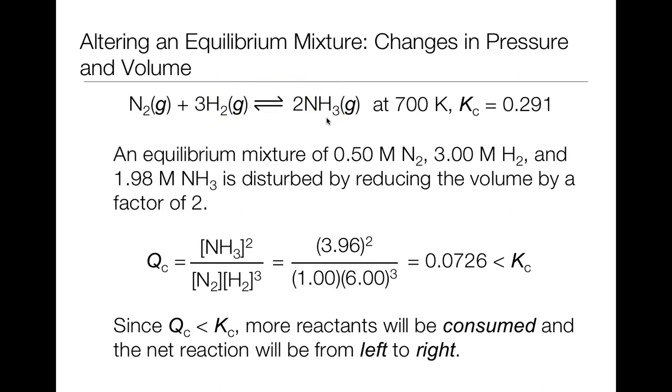Well, if we apply stress on the system by changing the volume by half, so you increase the pressure by 2, one way to alleviate that increase in pressure is just to have fewer things smashing into the side of the container, right? Because our definition of pressure on the microscopic scale is the number of collisions of molecules with the side of the container. Well, if you have 4 things smashing against the side versus 2 things, the pressure is going to be a lot less if you have 2 things smashing against the side versus 4. So again, we can see it mathematically, pushing towards the reactants,